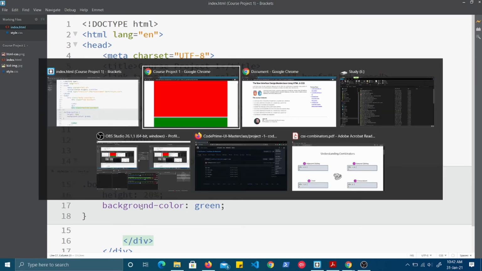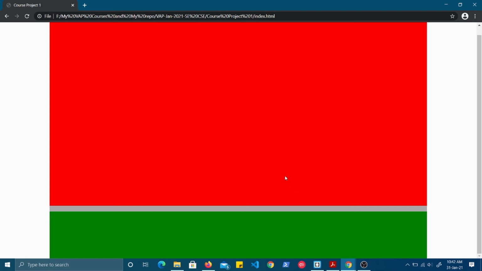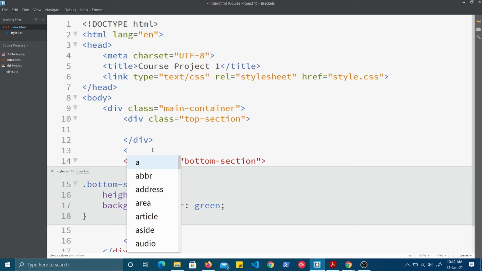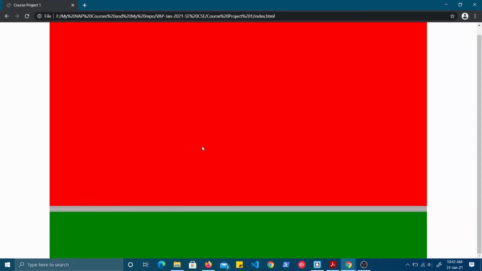So if we now see, okay, you got it. So this is how these two sections we have created, horizontal and top. Now this BR tag is for the break, pardon me for that. This is horizontal rule HR. Mistakenly I have given BR tag. So this is the horizontal line, you can see, correct, right? So this is the layout.